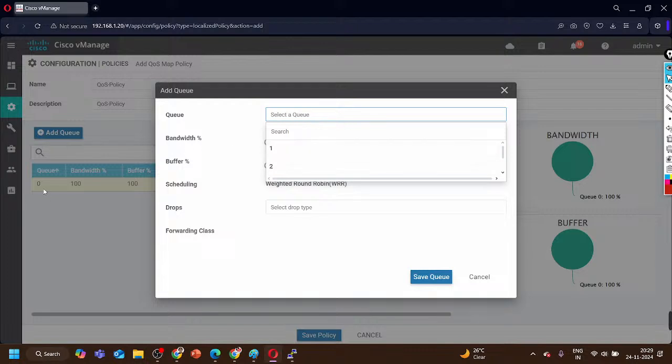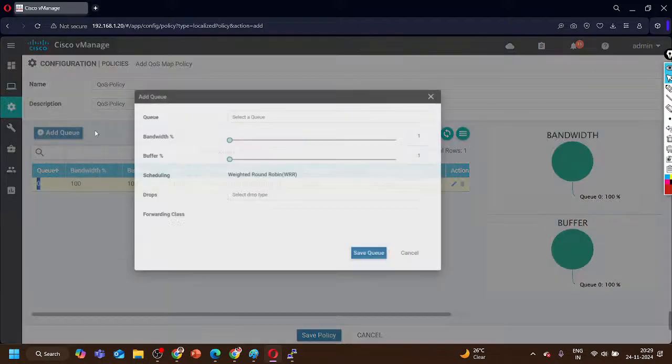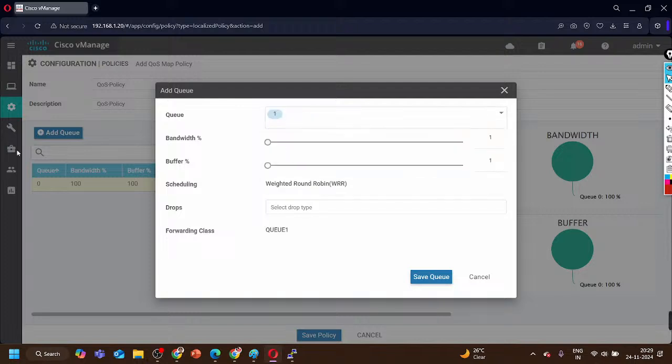and here we can select the queue. So let's say Q1, Q0 is already there. Here you can see Q0 is already there, right? So we can add Q1, and all the bandwidth is reserved for Q0 by default. So let's suppose for an example for Q1 I am going to reserve bandwidth. How much bandwidth you want to reserve? Any bandwidth you can reserve for Q1. So let's say for Q1 I am reserving 30% of bandwidth, right? So automatically 30% will be deducted from Q0, and then we can set buffer, let's say for an example 10%,